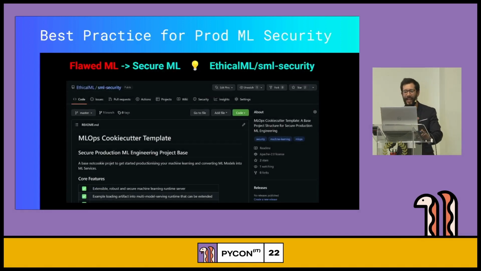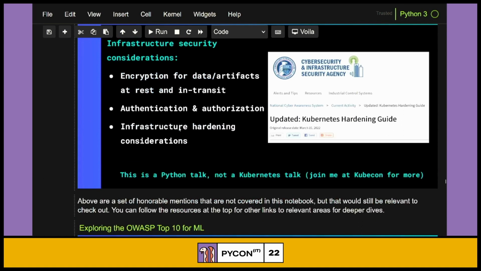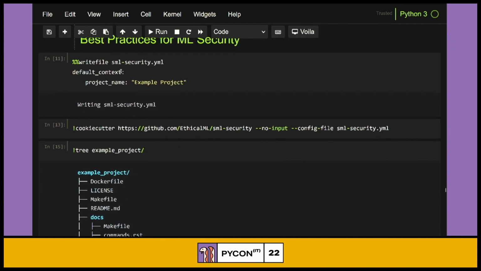But instead to say, okay, well, let's collaborate on a way to define how to tackle this as best practices. And we've created a base template that would allow you to perform some of those things. This is basically a cookie cutter template. It's an interactive way of creating your base project for machine learning engineers. So this is not specifically for data scientists, but for the machine learning engineers that are going to be creating those automation pipelines that are going to create, package, and deploy the models.